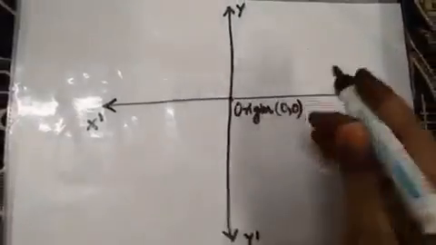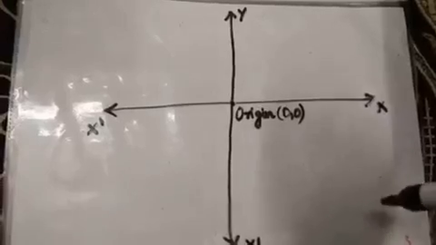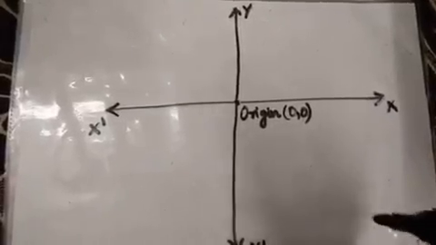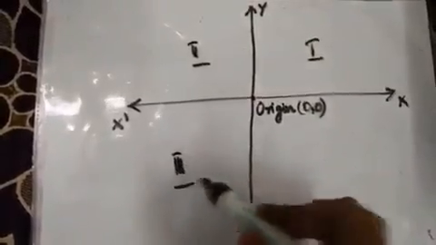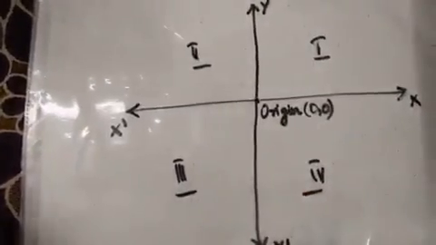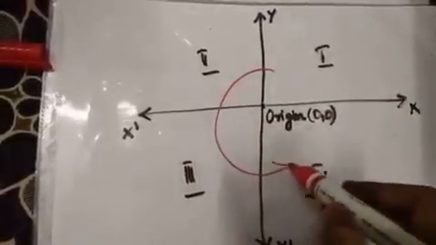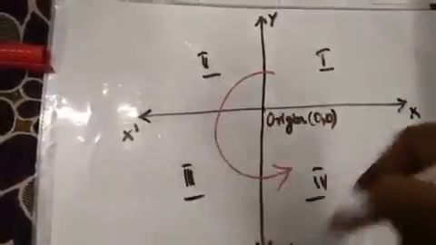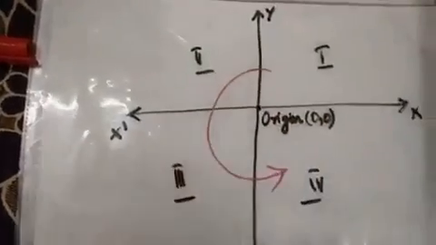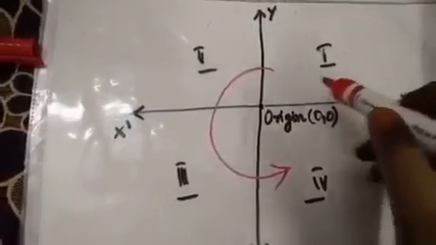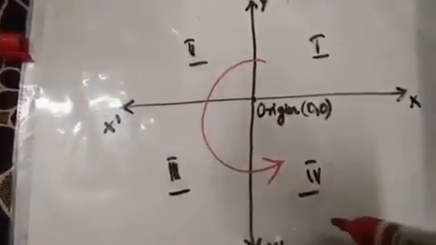Now, when we say the plane is divided into 4 different parts, they are called quadrants. This is the first quadrant, second quadrant, third quadrant, and this is the fourth quadrant. Always remember this order, never ever change the order of these quadrants, otherwise it will change the meaning. Just remember the anti-clockwise direction. You start from the right side, then go to the left side. Anti-clockwise is a simple word which you can understand. First quadrant, second quadrant, third quadrant, and fourth quadrant.